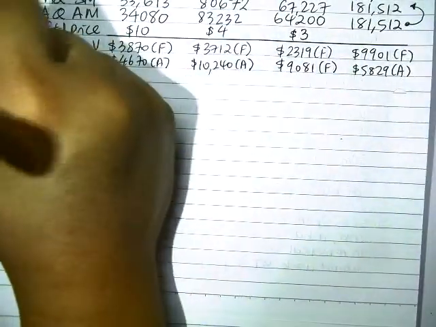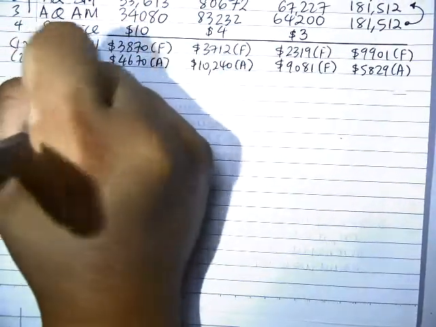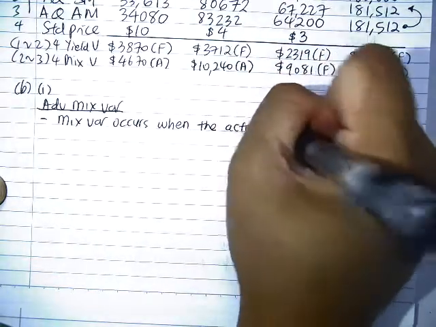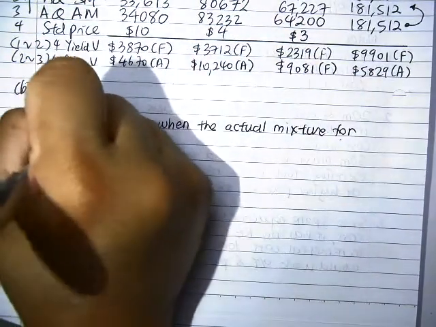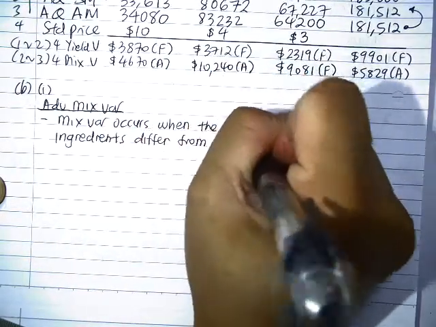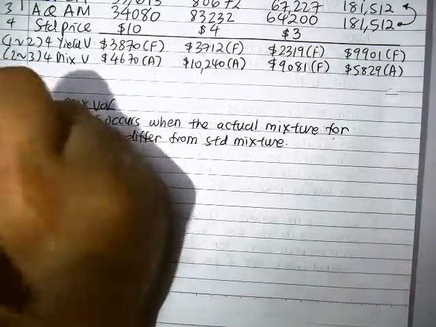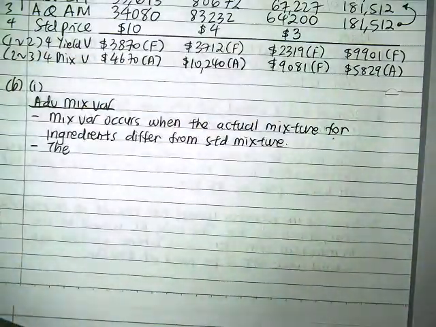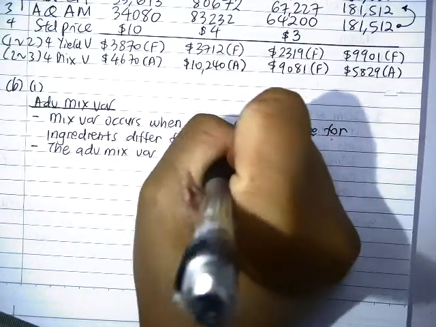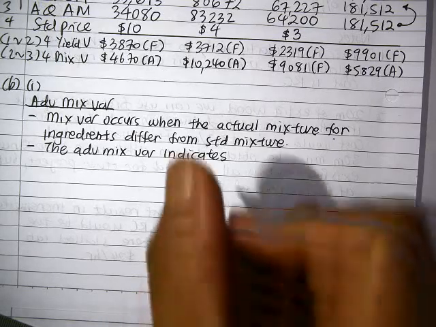Now, part B, number 1, what is adverse mix variance? Mix variance occurs when the actual mixture for ingredients differs from the standard mixture. The first line I only tell you what is a mix variance, then I talk about what is adverse mix variance. So the adverse mix variance indicates that